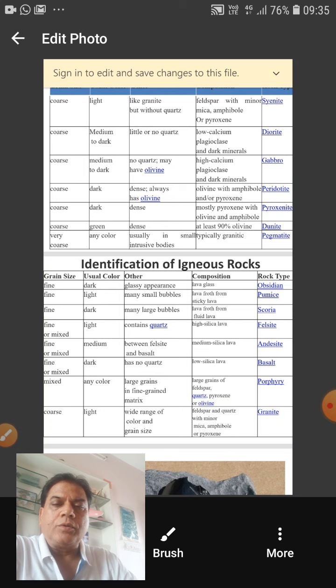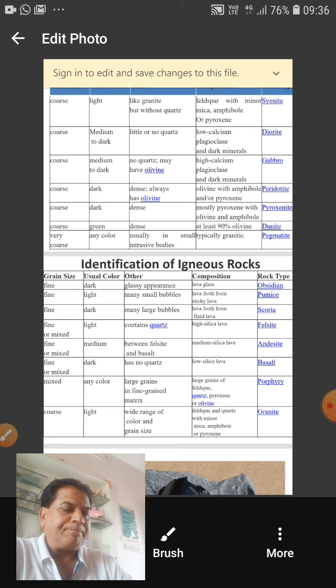We'll continue. In the last video we discussed the identification of igneous rocks in hand specimen, and to continue that, the description of igneous rock in hand specimen should be written under the following heads. First, the color. Now, color, you all know that your silicate minerals are divided into felsic